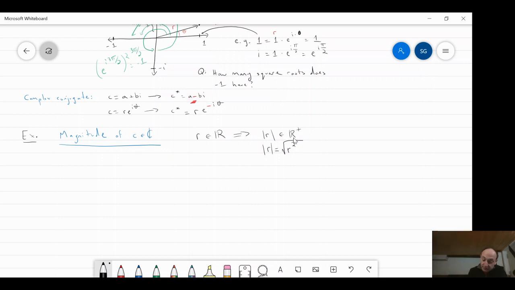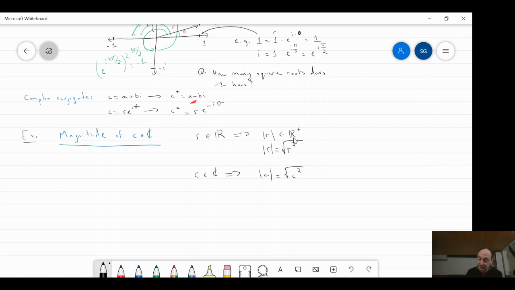So if now c is in the complex numbers, you might be tempted to do the analogous thing like this, and there's a tiny problem. If you want to think about it for a second, you can pause this video. But if you're done thinking, the tiny problem is that c squared, if c is complex, is not necessarily real. And the magnitude of something should of course be a real number, at least intuitively.